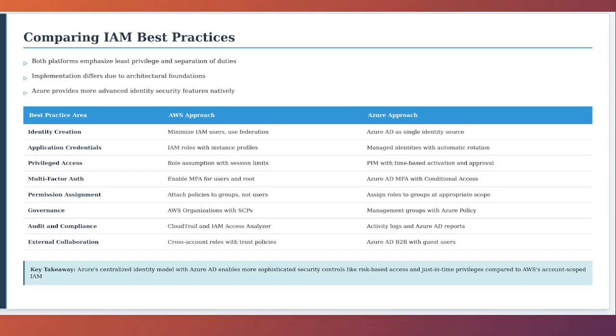The table provides a comprehensive comparison. For identity creation, AWS suggests minimizing IAM users, while Azure suggests using Azure AD as a single identity source. For application credentials, AWS recommends IAM roles with instance profiles, while Azure recommends managed identities with automatic credential management. For privileged access, AWS suggests careful role assumption with session duration limits, while Azure recommends PIM with time-based activation and